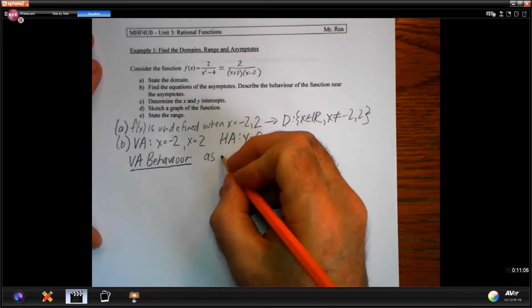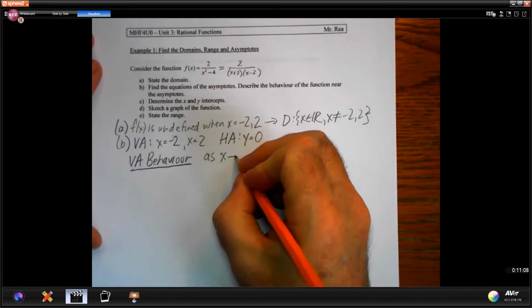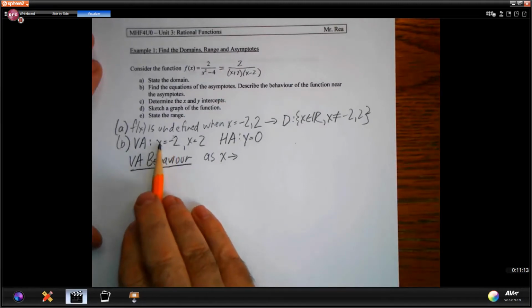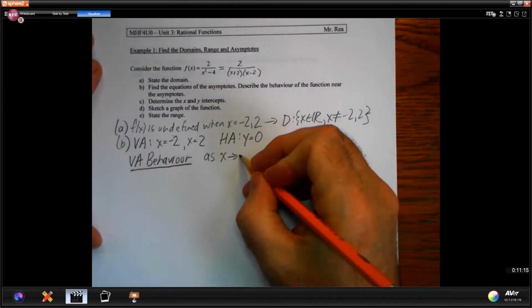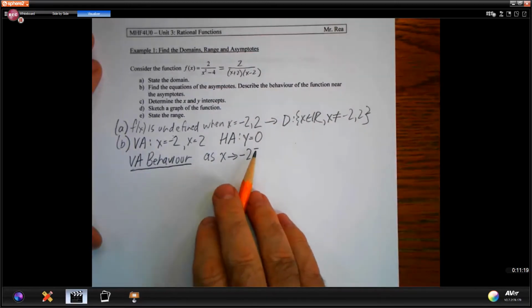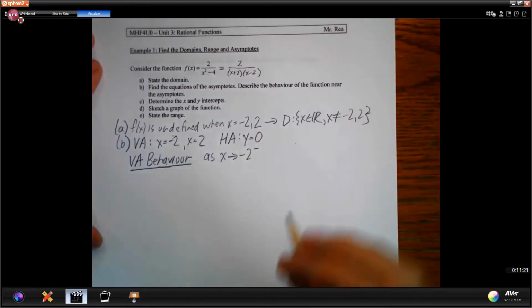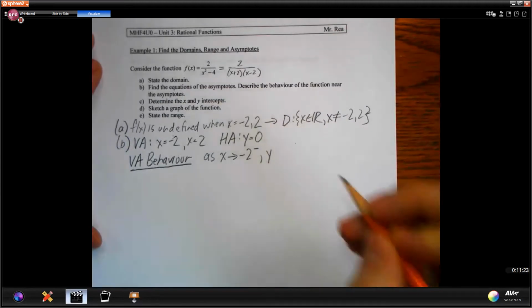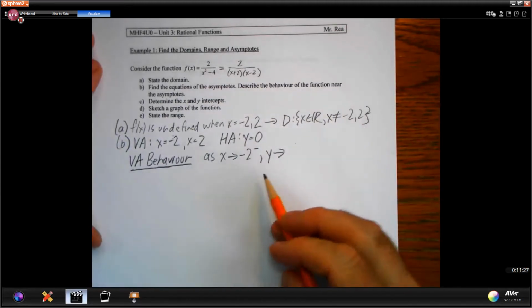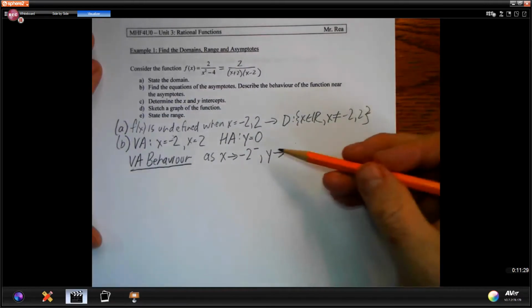So we're going to make our two statements as x approaches. We're going to look as x gets closer to this line from the left side, the negative side. So that's the way we mention it: as x approaches -2 from the negative side. And from last lesson, hopefully you remember, we know that as you get closer and closer to the asymptote,